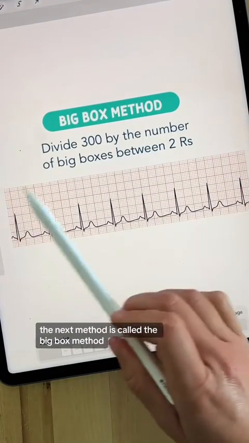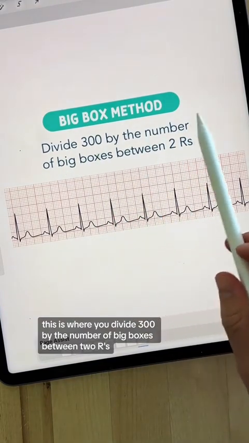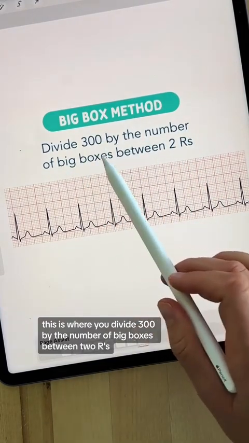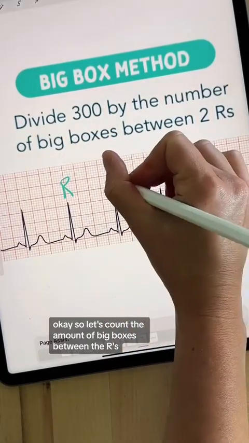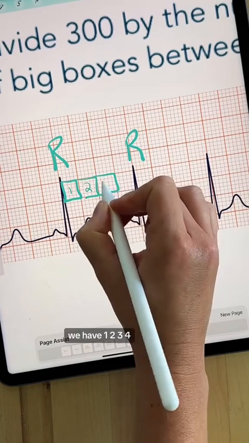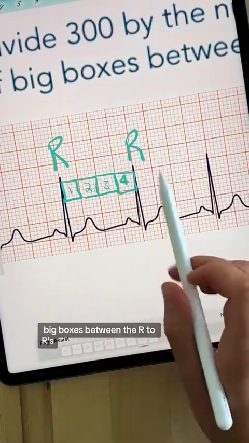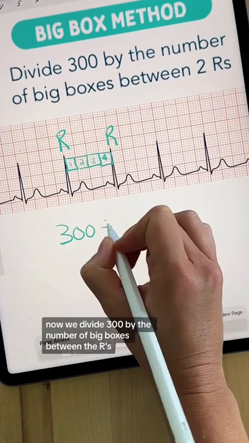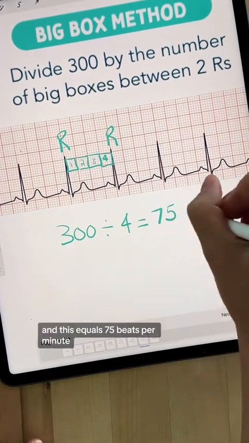The next method is called the big box method. This is where you divide 300 by the number of big boxes between 2 R's. Okay, so let's count the amount of big boxes between the R's. We have 1, 2, 3, 4 big boxes between the R to R's. Now we divide 300 by the number of big boxes between the R's, which is 4, and this equals 75